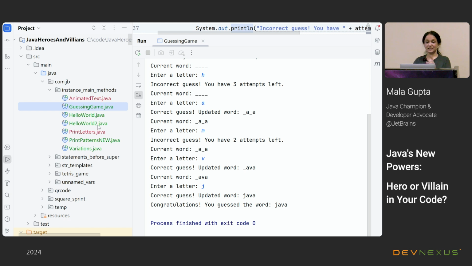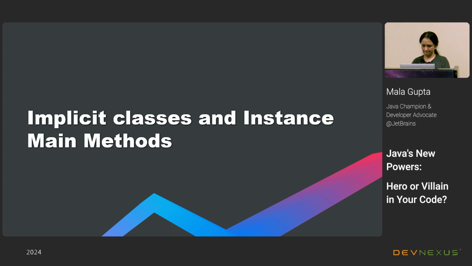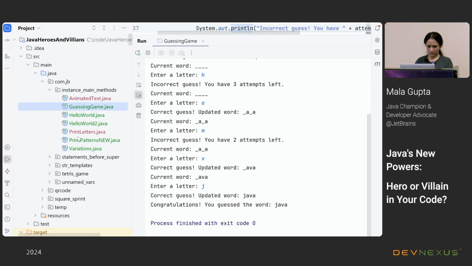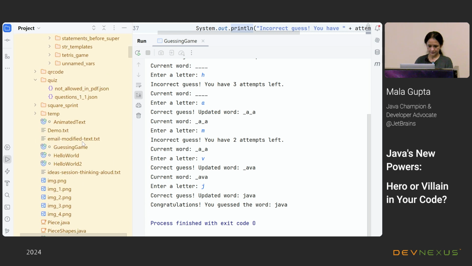So I was talking about the name of this feature. In the previous release it was unnamed classes, and now it has changed to implicit classes, because the name unnamed classes was causing a lot of confusion for the tooling. Now when we talk about implicit classes, even though the class doesn't have a name, when it is compiled, it has a name, and the name is the same as the name of the Java source file. So I could show you one of the decompiled classes here.